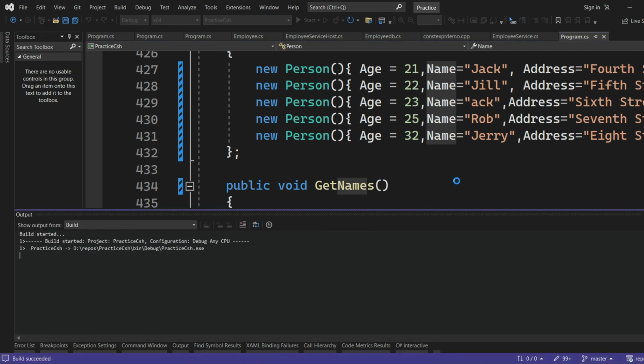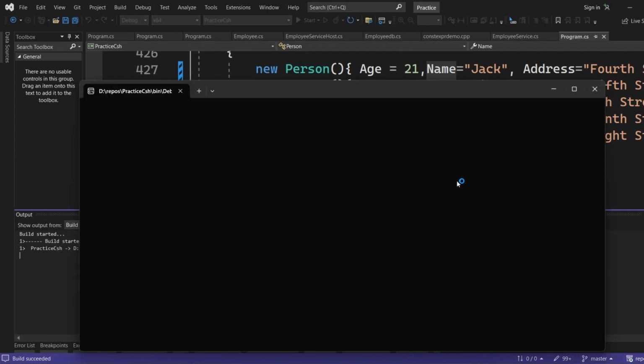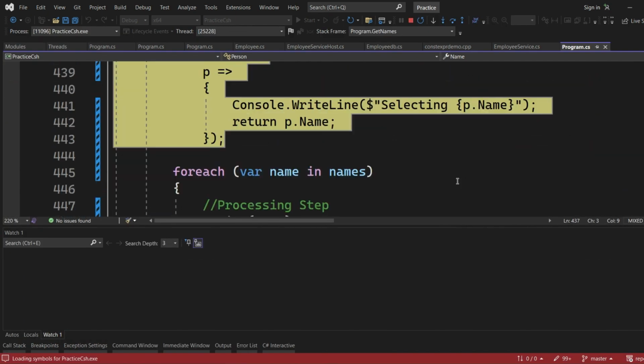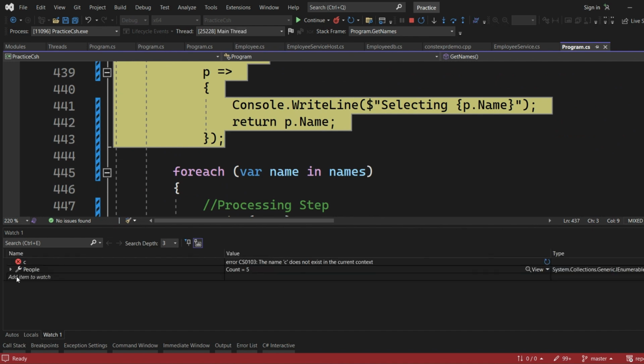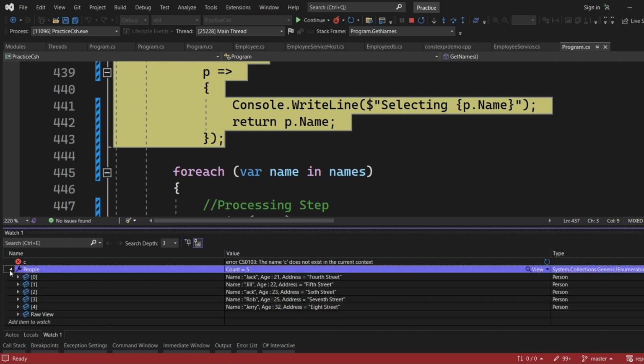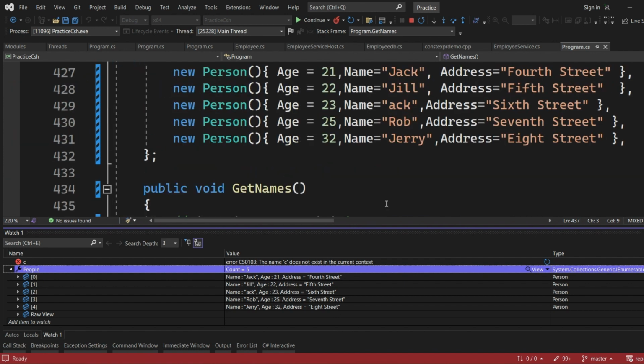Let me run the application once again. Let's see the watch window and how it comes. The people object came, and when you expand this people collection, it has five person objects, and here itself you are able to see all the attributes, all the fields, and their corresponding values that you have specified in the DebuggerDisplay